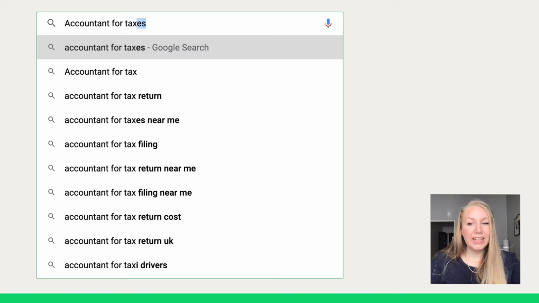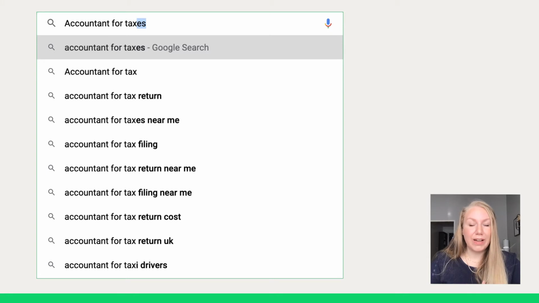Google Autocomplete can also give suggestions based on what users are actively searching for. Once you start typing a search query into Google, you'll notice that Google will start recommending similar words and phrases based on what you typed in. These recommendations are based on popular search queries relevant to the beginning of the search query you've started to type.